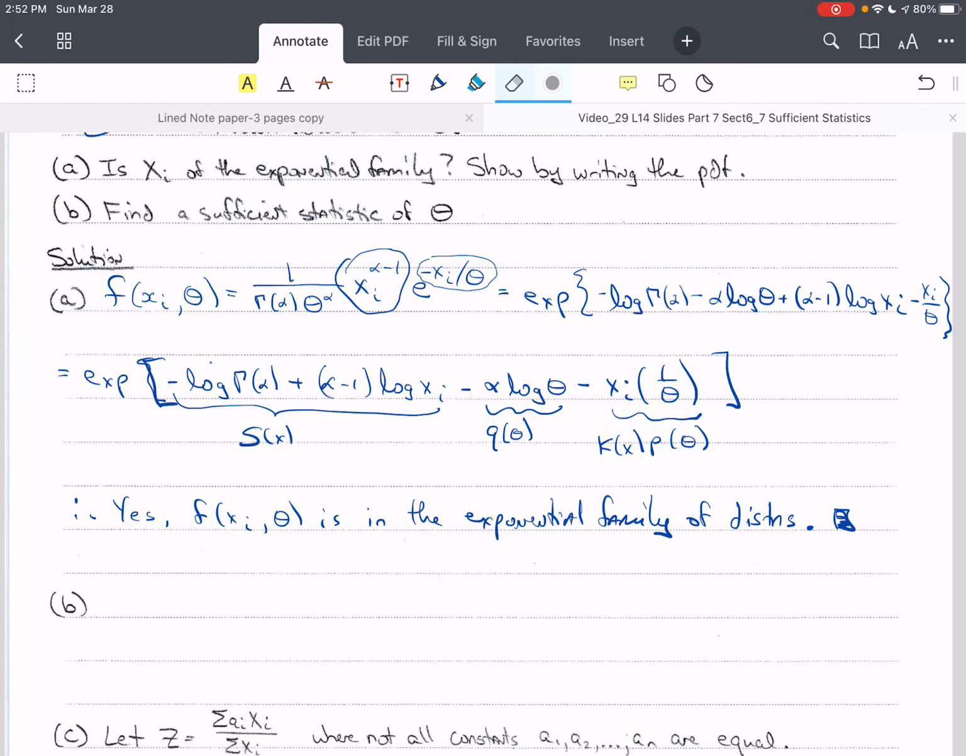Therefore I'm going to change this so I don't have to rewrite all that. I've left a space and I'm going to leave that. I'm saying, therefore, by the exponential family of distributions theorem, yes, f of x sub i theta is in the exponential family of distributions. Okay, now,